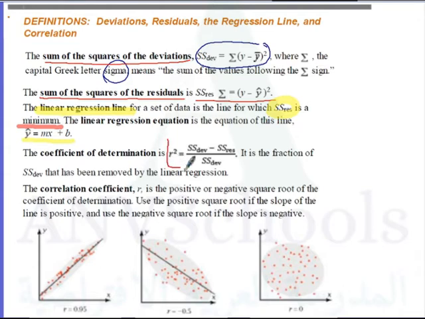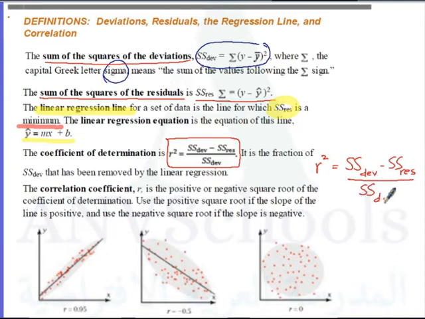R squared is equal to SS dev, the sum of the squares of the deviation from the mean, minus SS res, the sum of the squares of the residuals, divided by the sum of the squares of the deviation, SS dev. The R squared, the coefficient of determination, is the fraction of the SS dev that has been